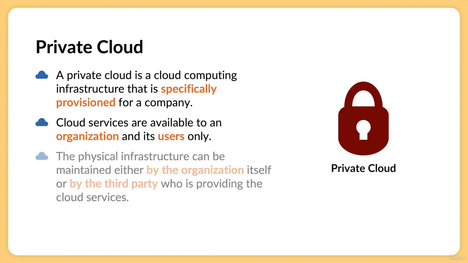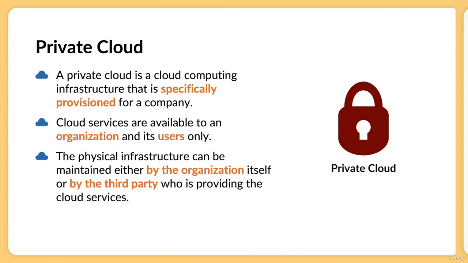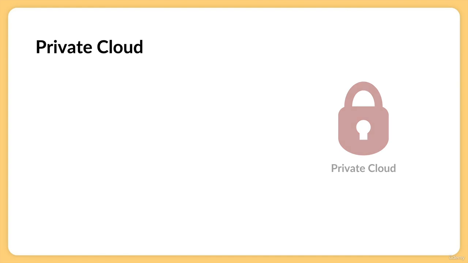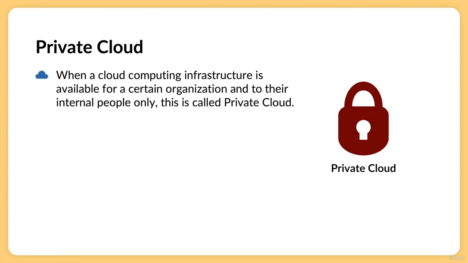However, the infrastructure can be maintained either by the organization only or by the third party who is providing the cloud services. Similarly, the hardware can be located on site or at the third party site. So when a cloud computing infrastructure is available for a certain organization and to their internal people only,